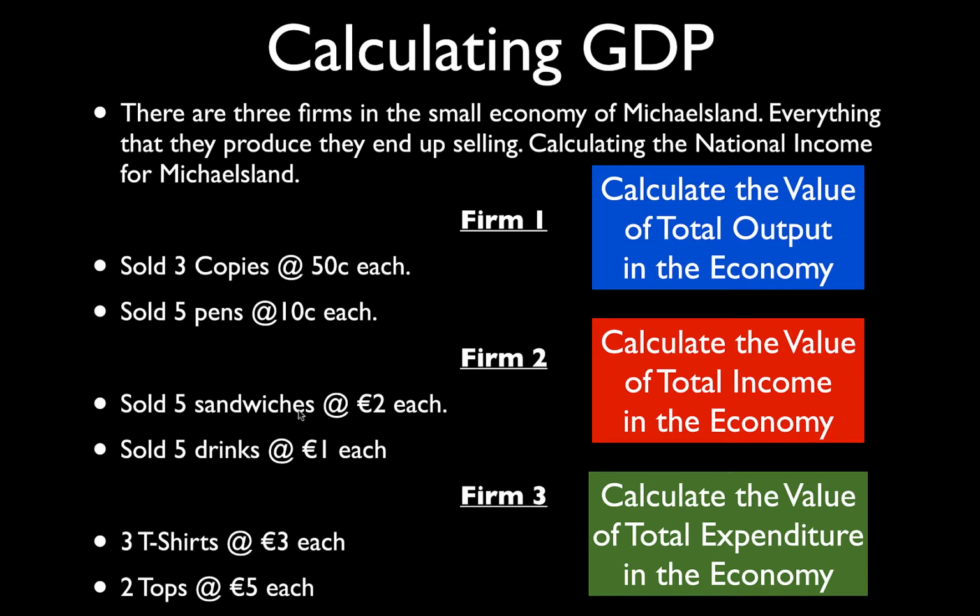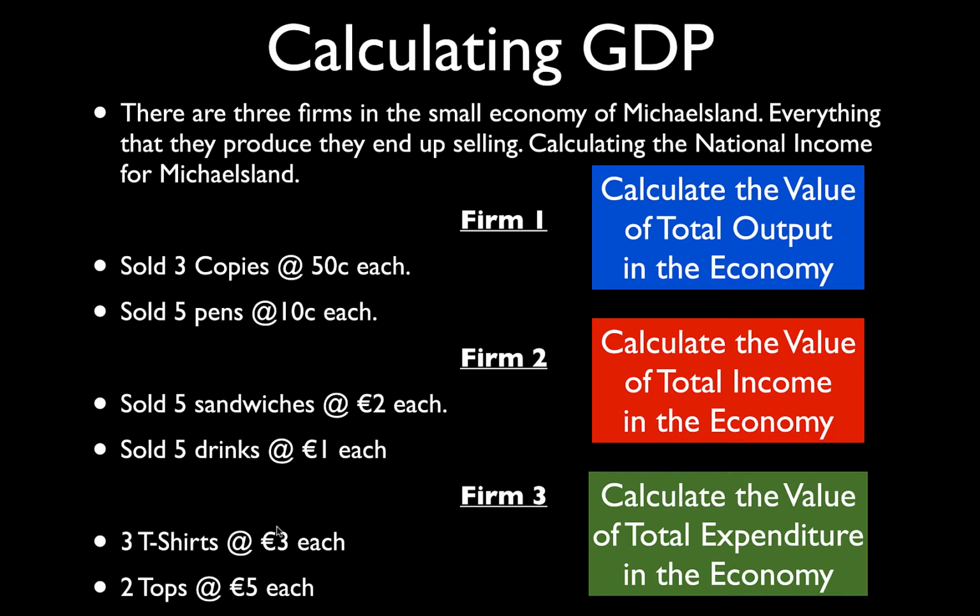Firm 2 is going to, as income, sell 5 sandwiches at €2 each. That's €10 that they're earning. And 5 drinks at €1 each. That's another €5 that they're earning. So the owners' or firm 2's income is €15. That's exactly equivalent to the value of their output, and that's exactly equivalent to the value of the total expenditure